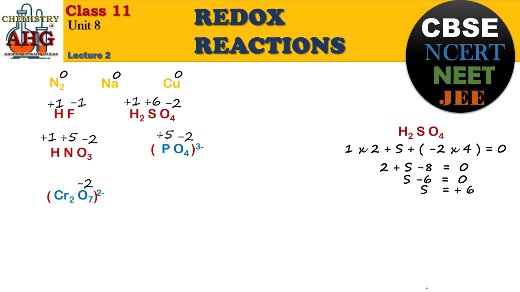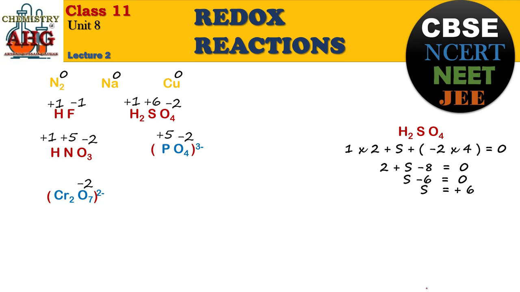But out of negative 14, how much charge has not been neutralized by the chromium? Negative 2 charge is still shown. From negative 14, you will have to subtract 2 units. How much charge of oxygen has been neutralized by chromium? Negative 12. Because oxygen was having 14 negative charge, but still there is a charge of 2 negative overall. So it means 12 negative charge has been neutralized by chromium.